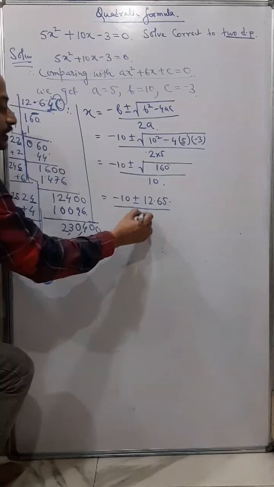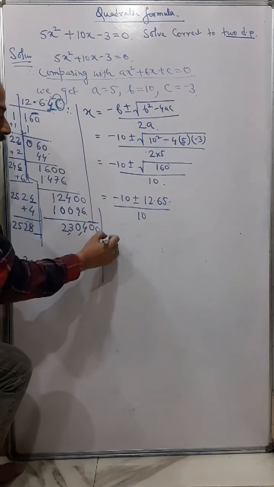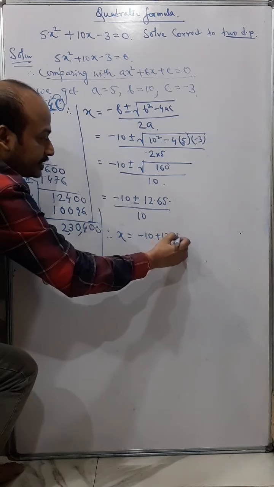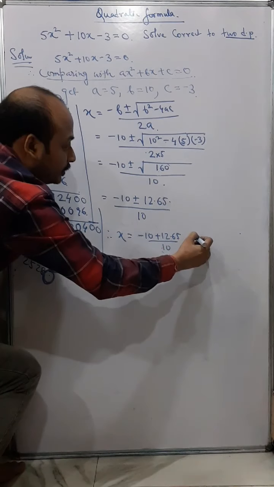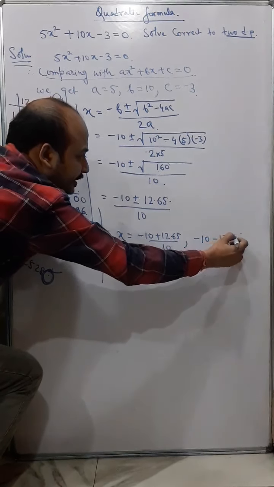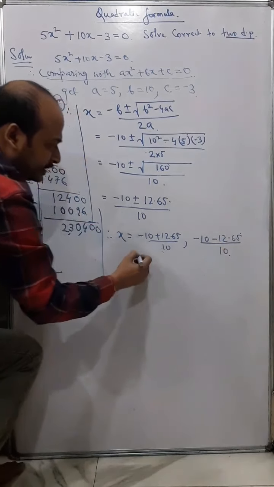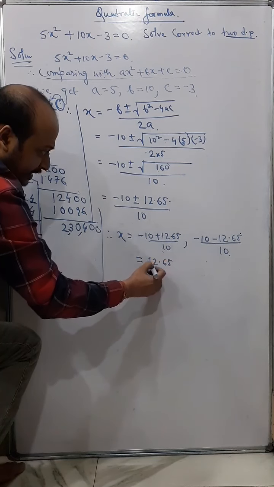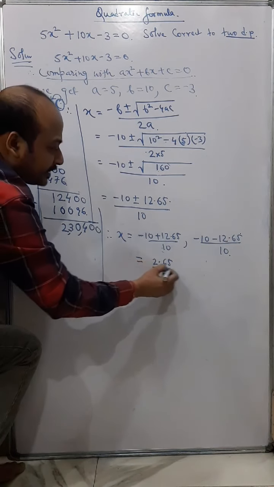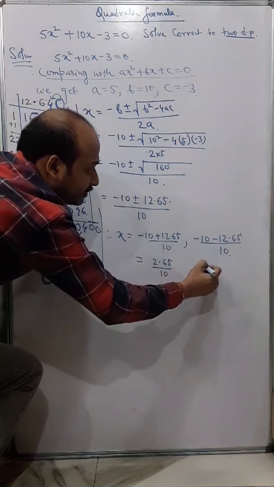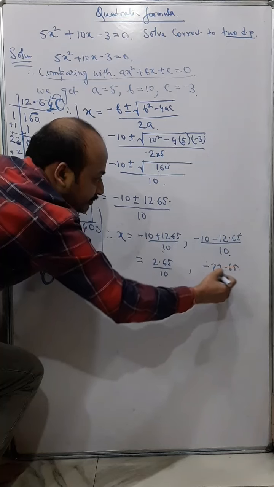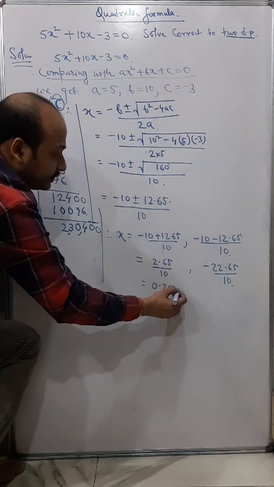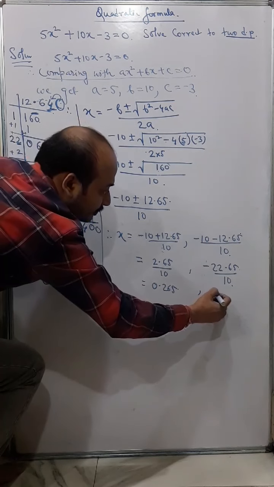And then by 10. Now finally my x will be how much? x equals to minus 10 plus 12.65 by 10, or minus 10 minus 12.65 by 10. So you're getting 2.65 by 10, and here we are getting minus 22.65 by 10, and by 10 you can understand it will be 0.265, and this will get what? Minus